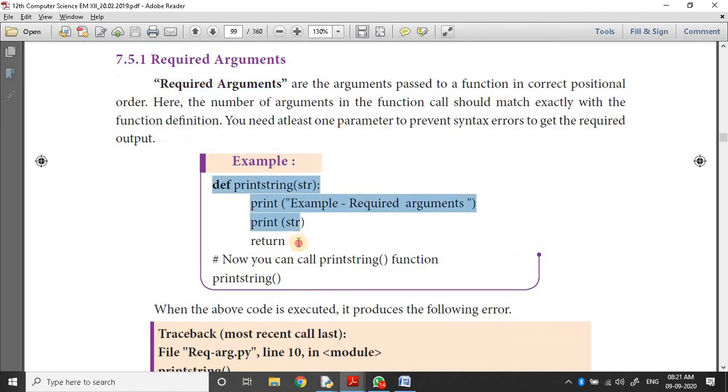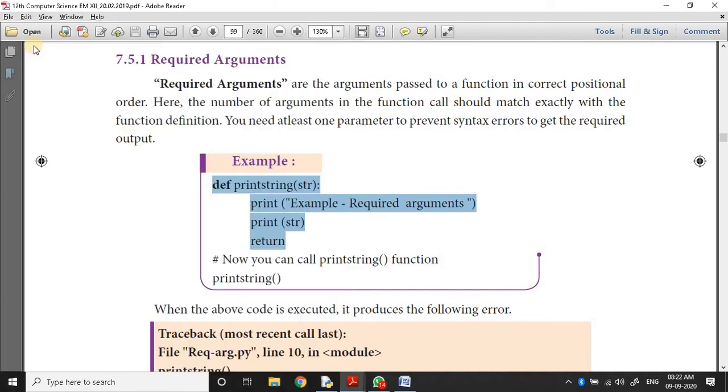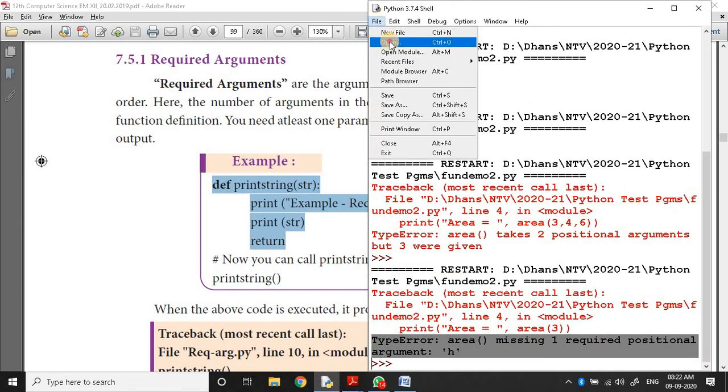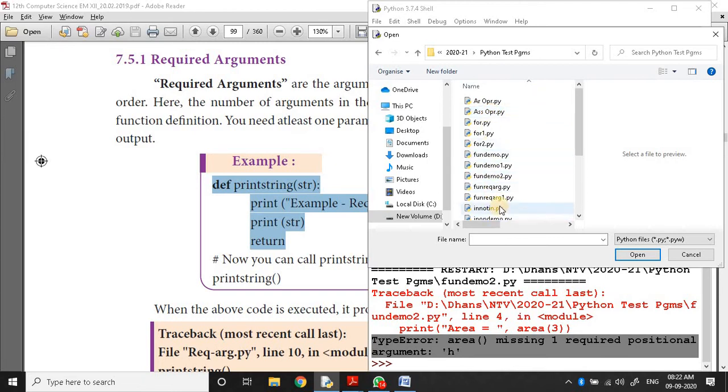For required arguments, the textbook example is given with a mistake. I will show the correct program; you have to correct it. File, close, file, open, function required argument.